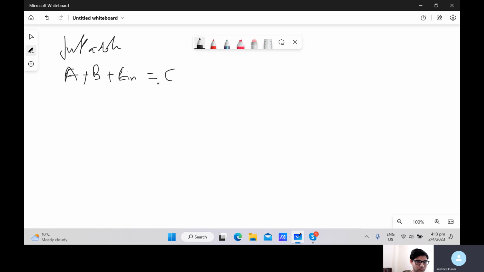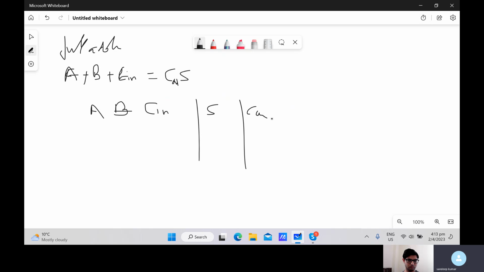Basically, we can say carry in and carry out and sum. Two things it generates with the carry. So basically A, B, C in, and it generates sum and carry out. Possible values: